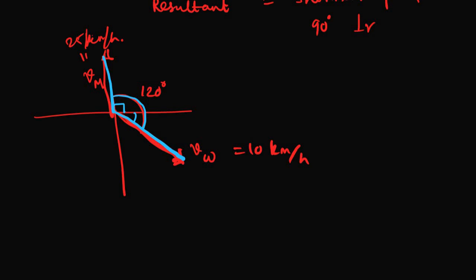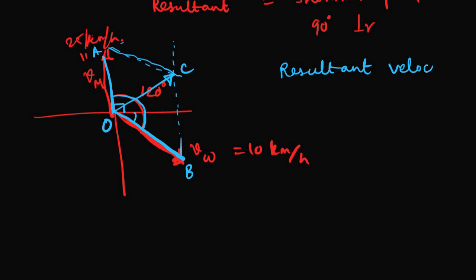So I'll draw a parallelogram just like this. Okay, I'll draw it down, right? Like this. So it will cross it somewhere. If I'm taking it as O, it would be A, it would be B, it would be C. This would be the parallelogram. Then the resultant will give us the final direction of the motorboat, because the direction of the resultant velocity will be decided by both Vm, the velocity of the motorboat, and Vw, the water current velocity, right?